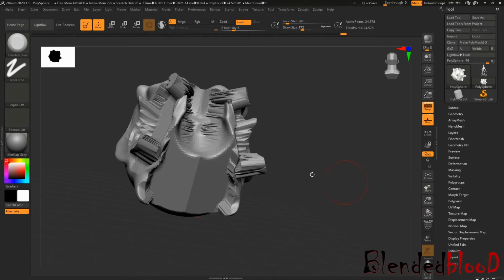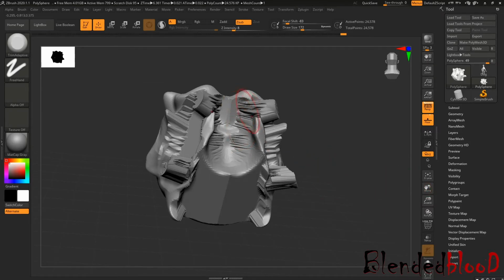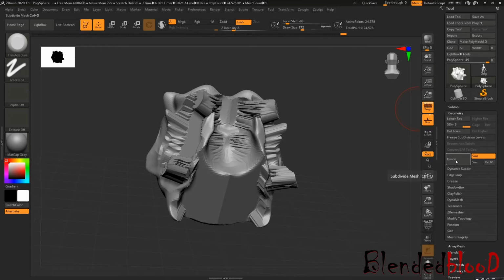now just focus on this area. This is very much stretchy or rasterized topology, right, which seems to be very messed up. For this you have to go to Geometry and hit Divide. What does Divide do? Divide will multiply the value of your polygons.